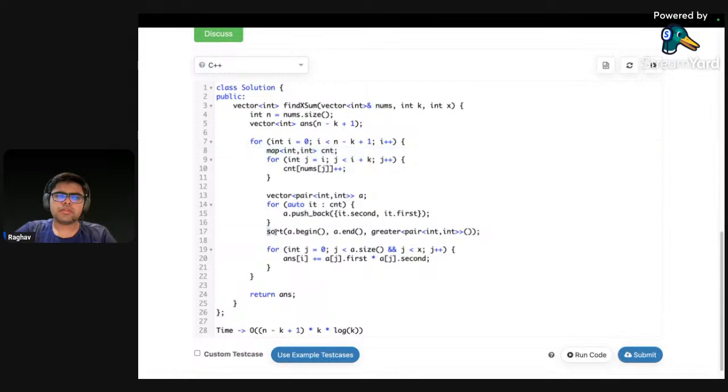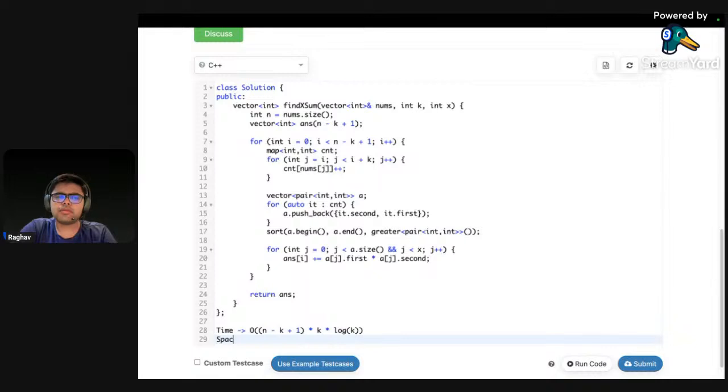And we are sorting the array of length k, so again k log k factor, and then this is of size k only. So yeah, overall time complexity would be something like this: big O of n minus k plus 1 into k into log k. And for the space part,